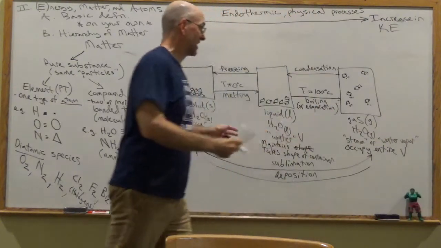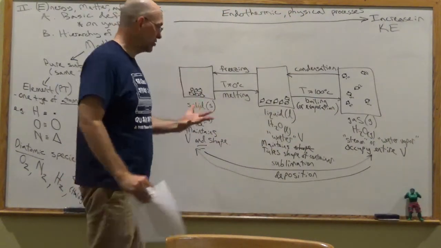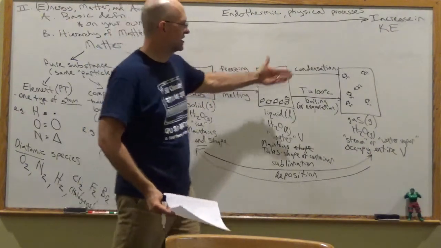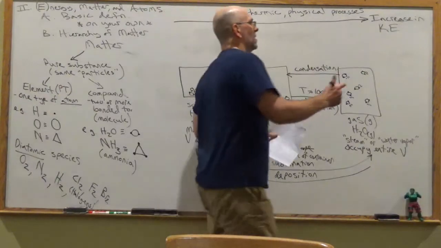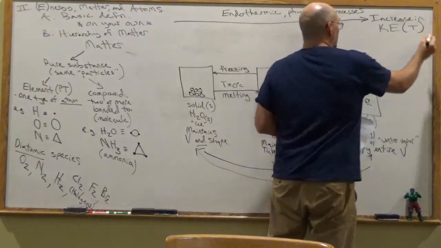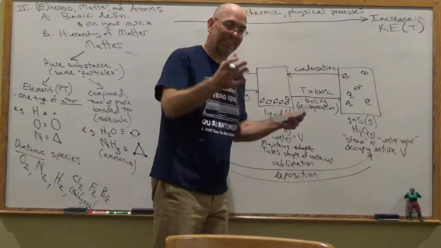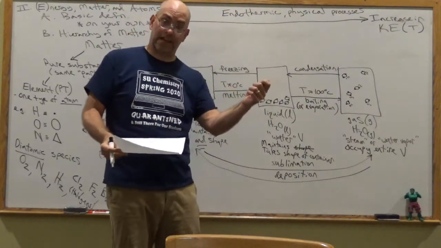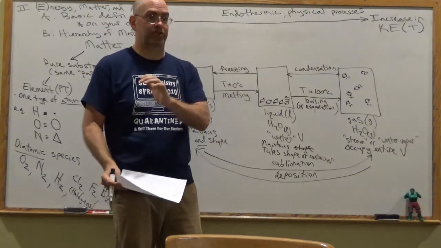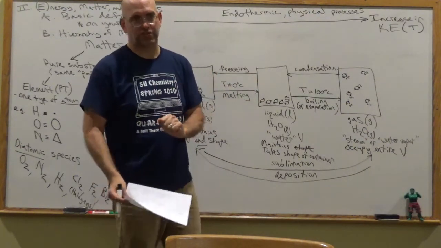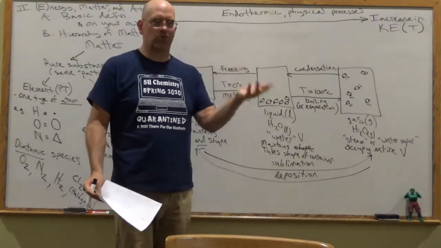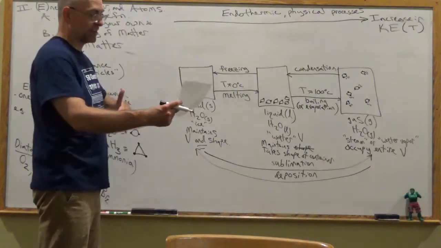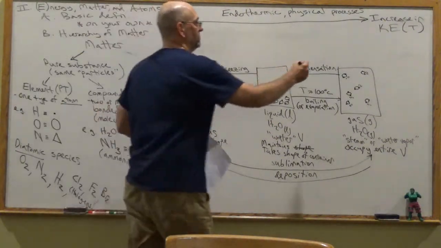We're also increasing the kinetic energy. Kinetic energy is the energy of motion, so we're imparting more kinetic energy onto the molecules as we go from solid to liquid to gas. And we're also increasing the temperature. And actually, I think I put this on there, on this first slide. Temperature is an indirect measure of kinetic energy. And the Kelvin temperature scale is directly proportional to molecular motion. The Celsius scale sort of is, but it's still based on the freezing point and boiling point of water. So that's that direction. Well, the other direction,